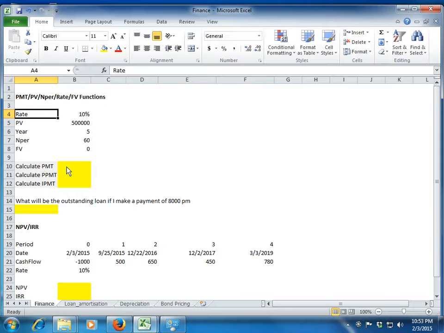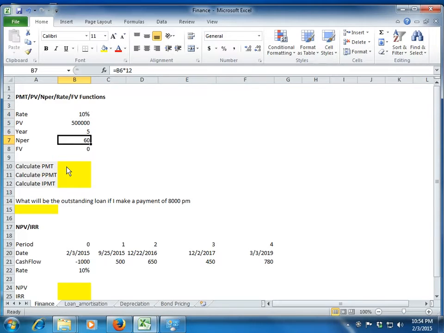later. So this function is basically useful in calculating the EMI amount or the periodic payment which we make in case we have an outstanding loan, or depending upon the present value. So PMT stands for payment. Okay, so let's say I have taken a loan of 5 lakh rupees from a bank at an interest rate of 10% per annum. Okay, the tenure of the loan is 5 years.